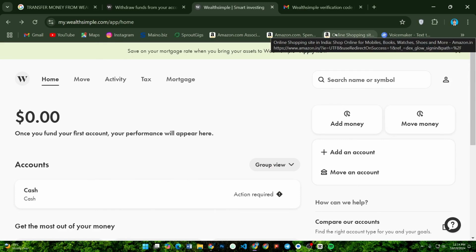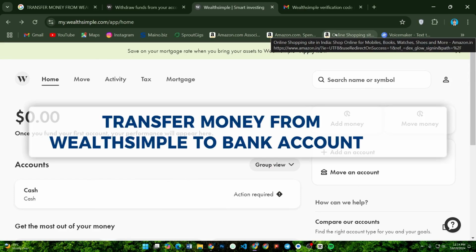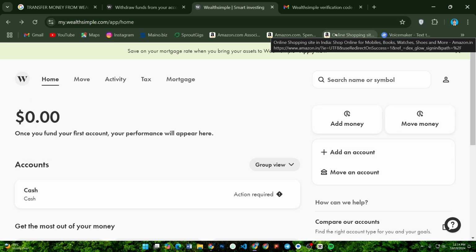Hey everyone, today I will show you how to transfer money from your Wealthsimple account to your bank account. Let's dive in. First of all, open the Wealthsimple app or visit the Wealthsimple website and log into your account